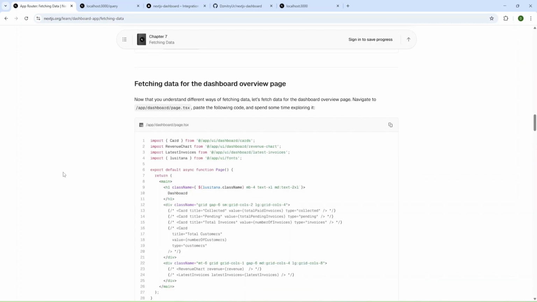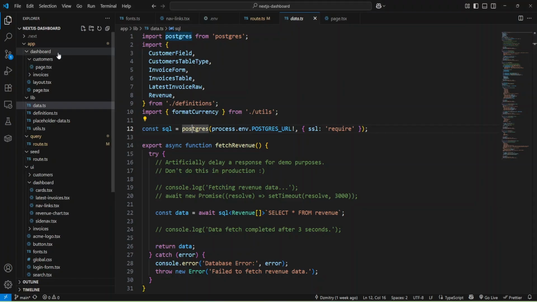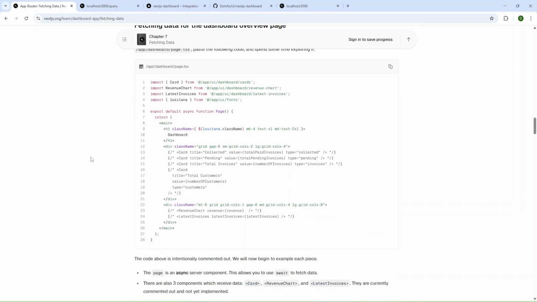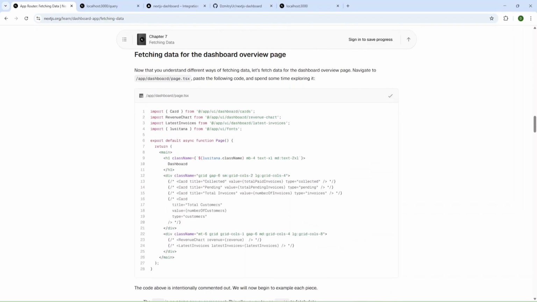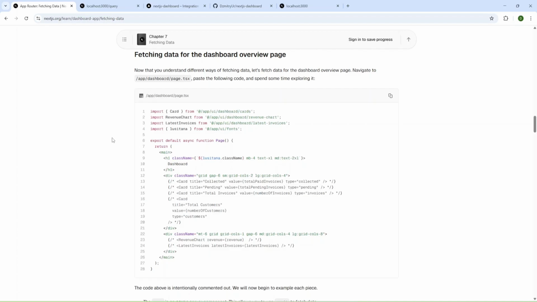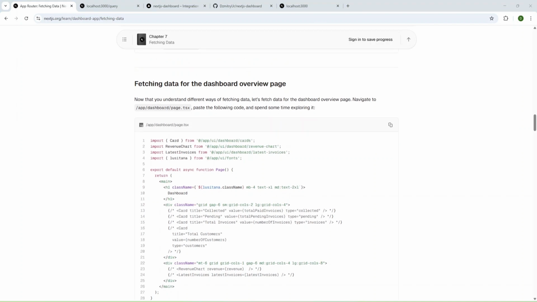Now we can fetch data for the dashboard overview page, and we can open the dashboard page, and they propose to paste this code. Okay, and let's check what's next.